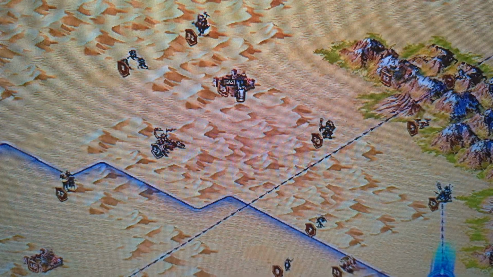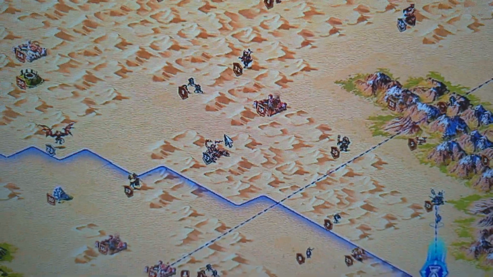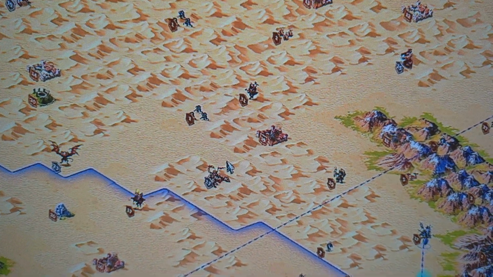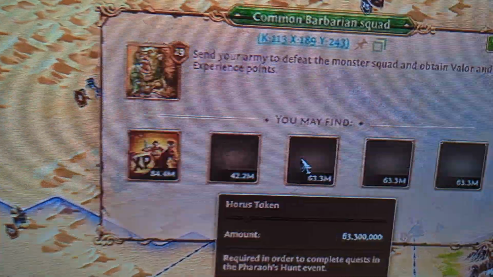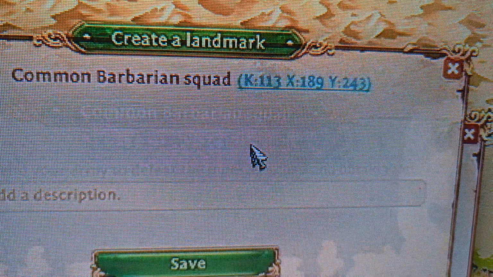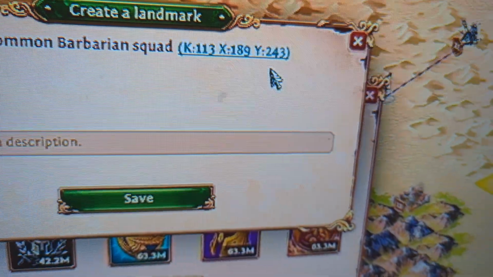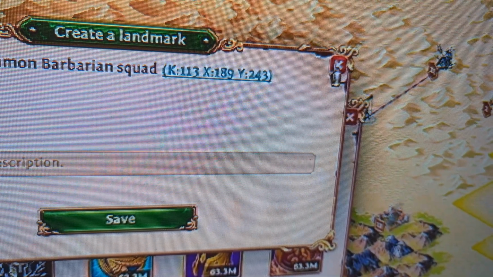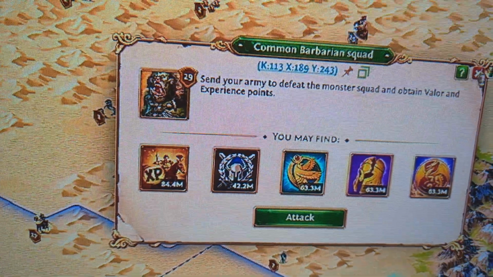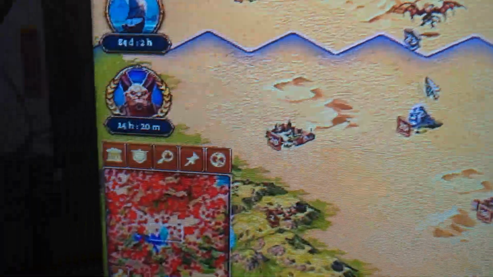Or if you're like, hey, I can actually attack this guy. So let's say, for instance, that we're looking at this guy right here, 19, so I can attack them or whatever. I can always save that location. Either that, or if you want to do it this way, you can hit the pin, and then it's like Common Barbarian Squad. It will tell you exactly what it is, and then you can save it. I'm not going to save it because I don't really want to be looking at a Common Barbarian Squad down the line, but it is useful so that this way, if you're like, who can I attack from